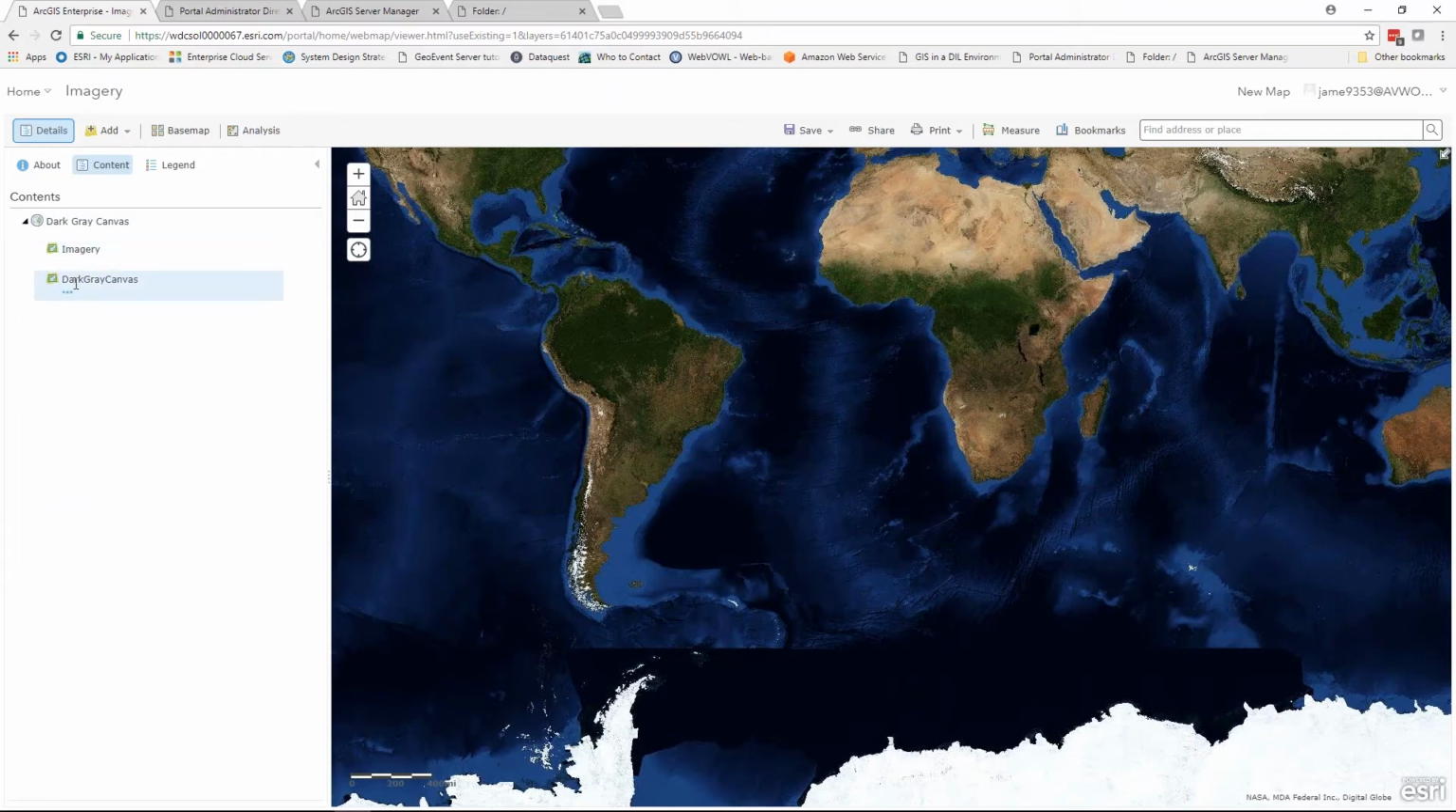We have the imagery and the dark gray canvas. I couldn't remove the dark gray canvas before because we have to have an item inside of our base maps group. But now that I have two items in there, I can go ahead and remove my dark gray canvas item from the base maps. And it's just as simple as, yet again, clicking on the three dots right beneath it, the more options, and remove. And now the only thing I have in there is my imagery